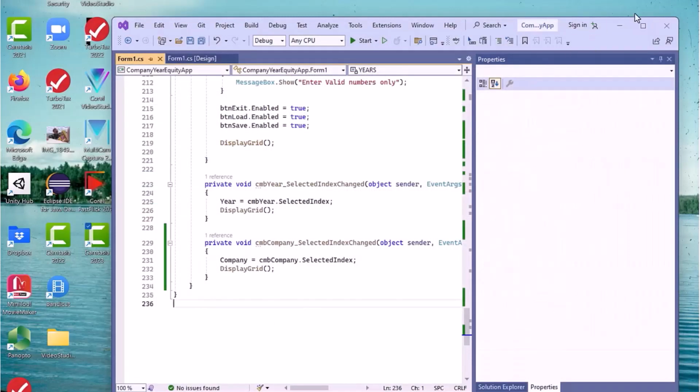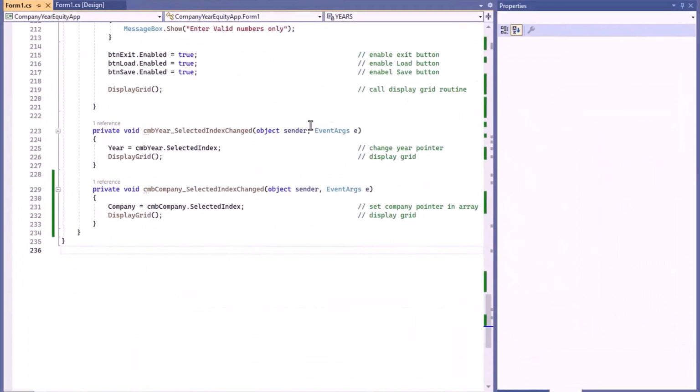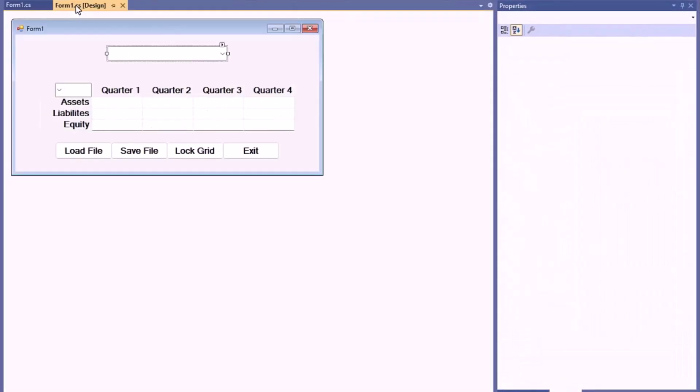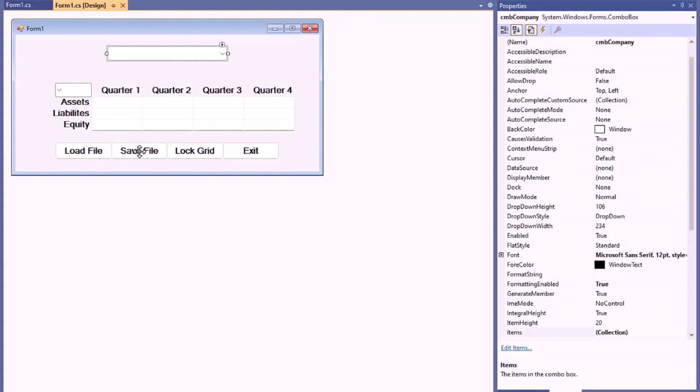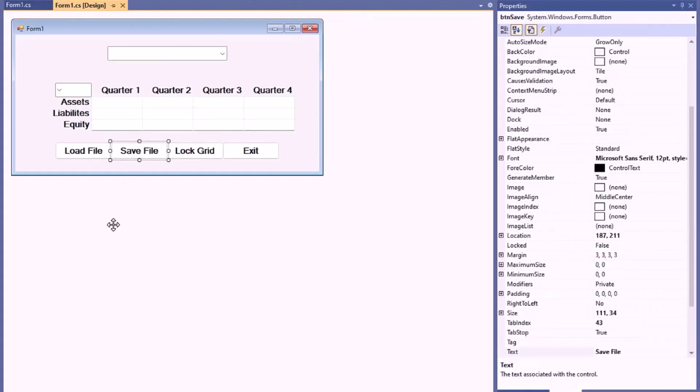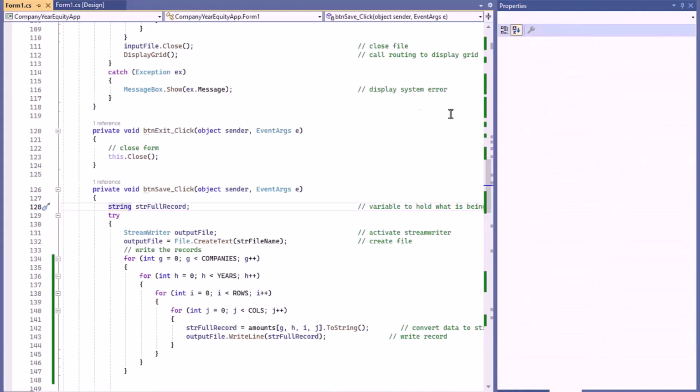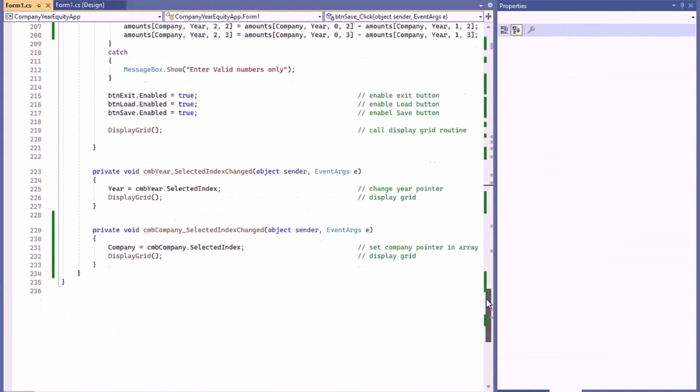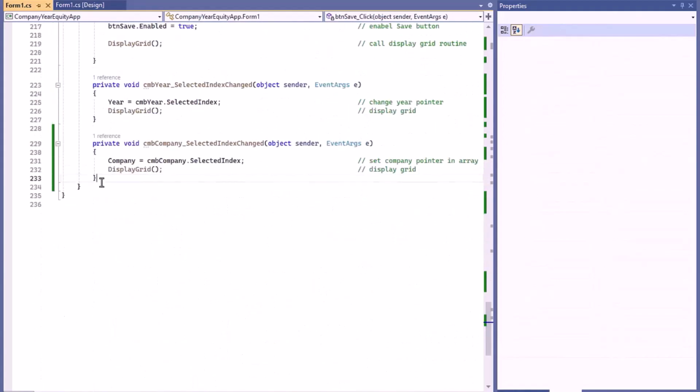So I'm going to go to my routine here, and I'm going to create a button save routine. So I'm going to double click on save. Oh, we've got that. What I want to do is create a routine called button save file. So we're going to create a private